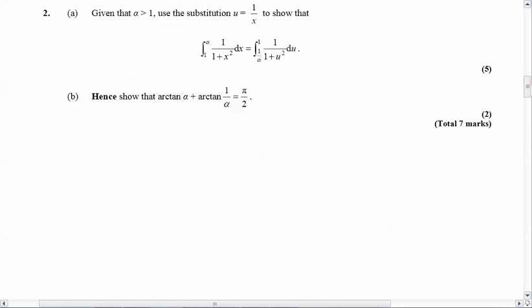Alright, this is another IB question, and today we're going to be looking at integration using substitution. So this is going to be kind of a crazy little question here. What we're going to do first is use this substitution, u equals 1 over x, and show that these two integrals are equal to each other. We're going to start with this first one: the integral from 1 to alpha of 1 over 1 plus x squared dx is equal to